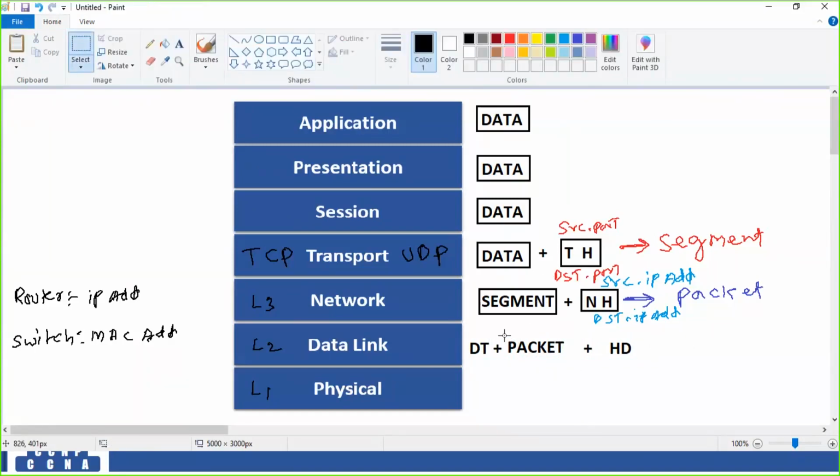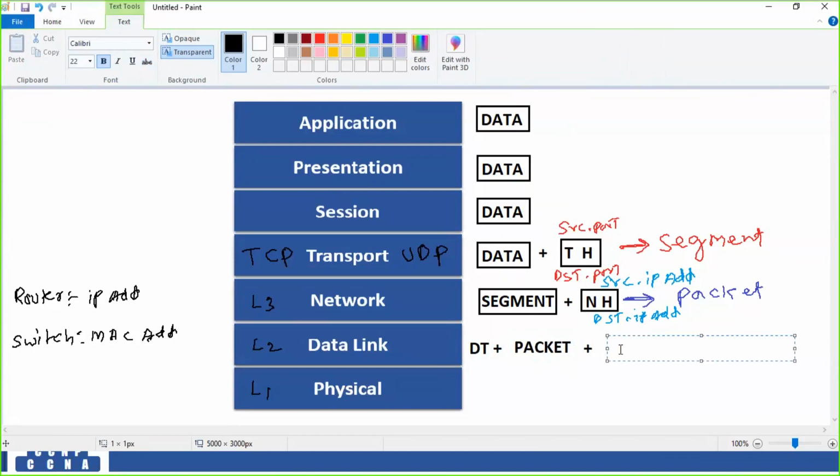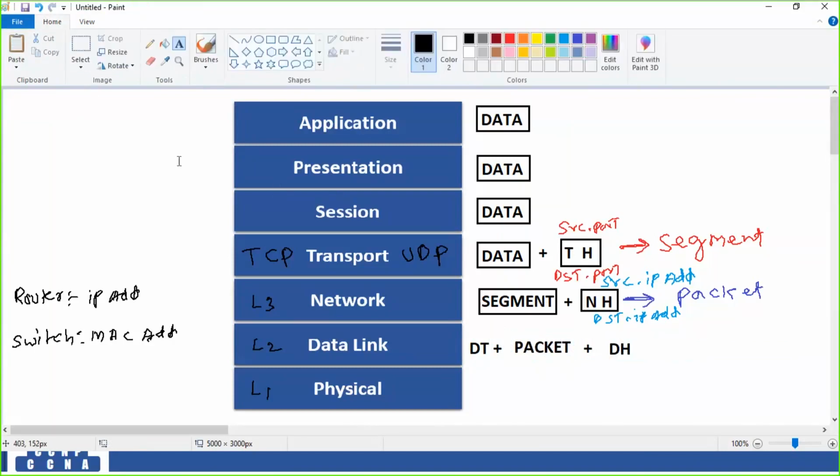So it's all combined, we call it a frame: data trailer and data header. Sorry, it's data header, DH. Then what exactly does the data trailer contain? The DT contains CRC, cyclic redundancy check. To detect errors it uses CRC. The data trailer contains CRC, and the header contains